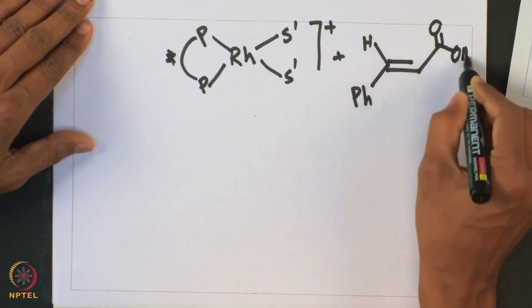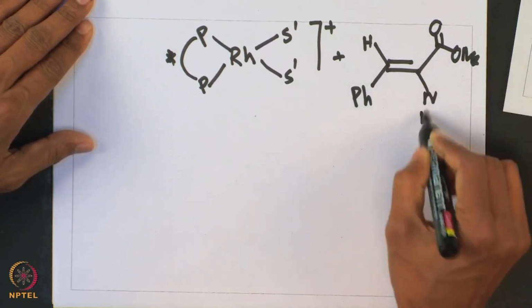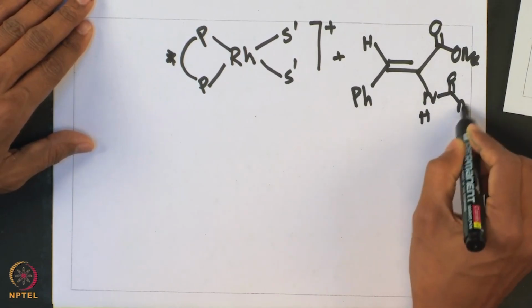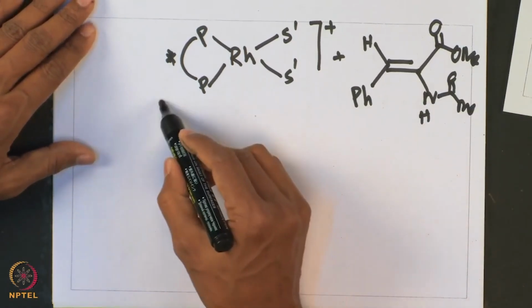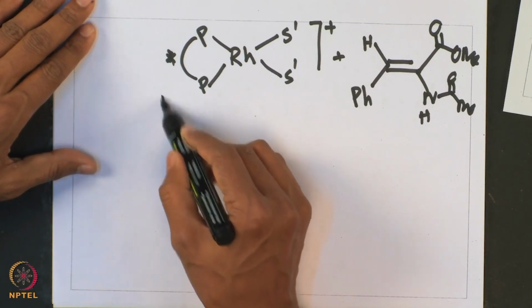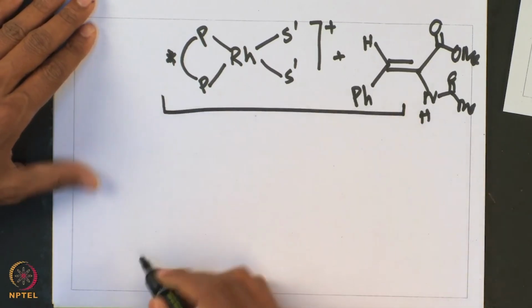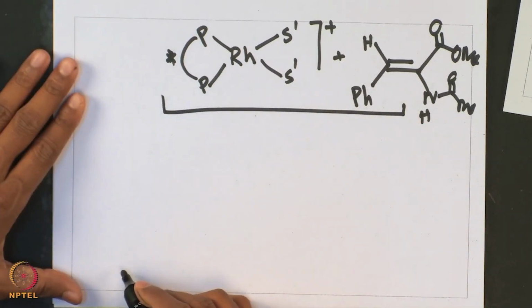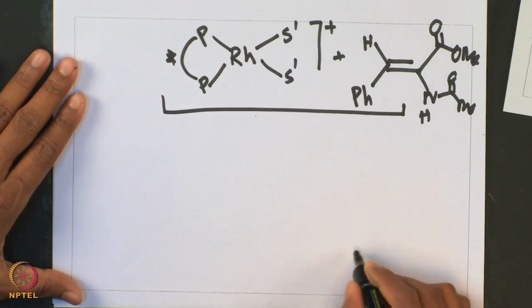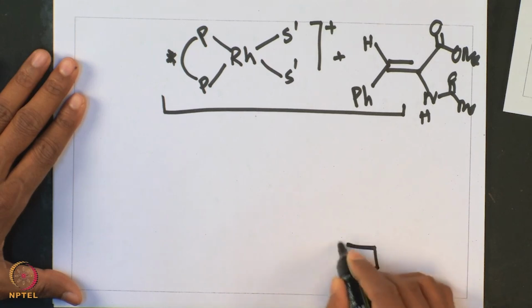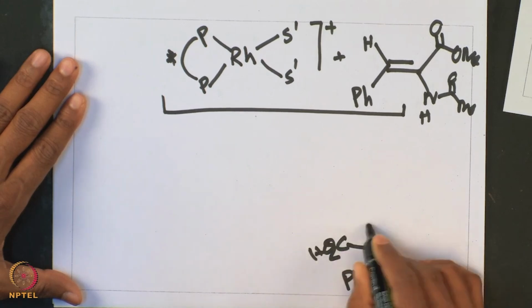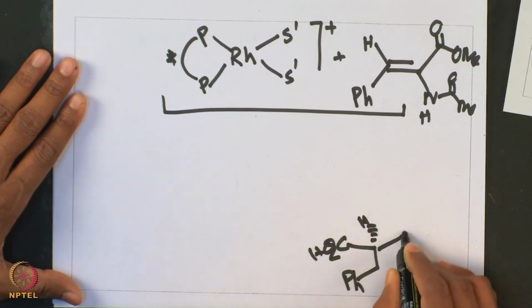So, we have CO2OMe and NHCOMe. Now, in this particular case, as we have drawn, we are getting overall the final product as the S product, right. So, the product from the hydrogenation of these reactions is the S product that I am trying to draw in here,